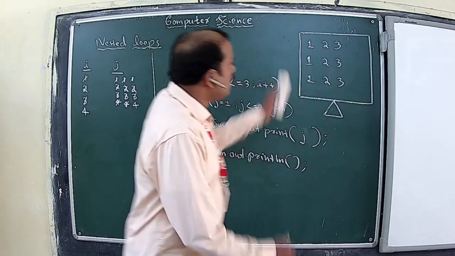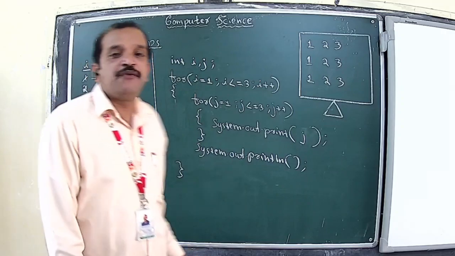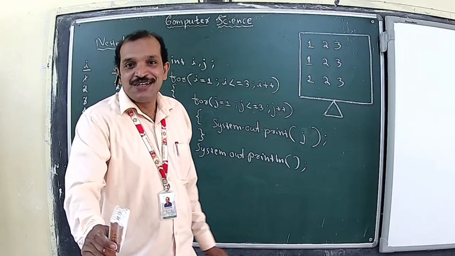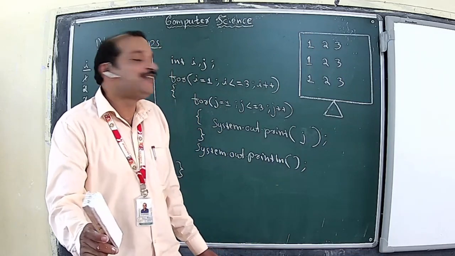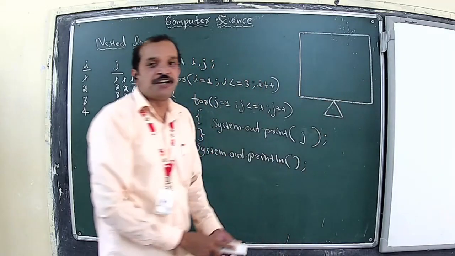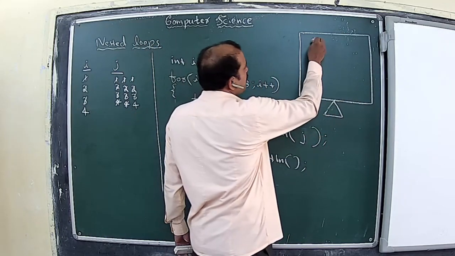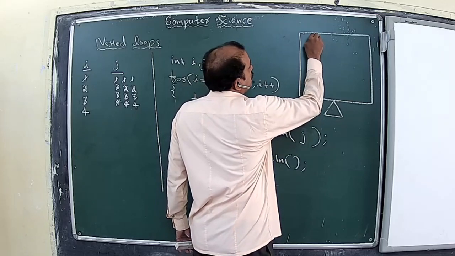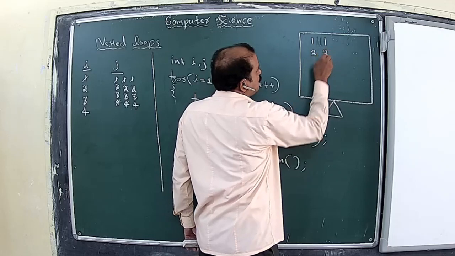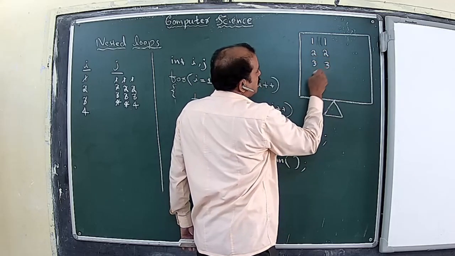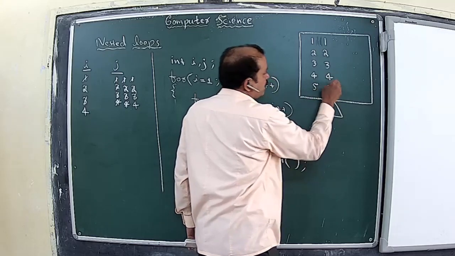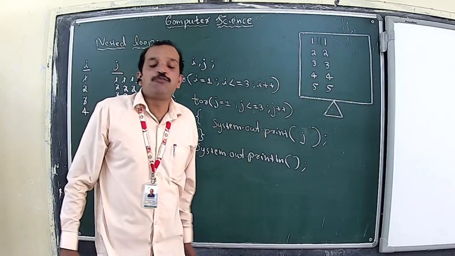All right. Now, all our 3 examples that we have seen had only 3 rows and 3 columns. Now we will see some changes in how it can be done. Suppose this is going to be the output for our next program. Let us say 1, 1, 2, 2, 3, 3, 4, 4, and 5, 5. Suppose this was the output that was needed.